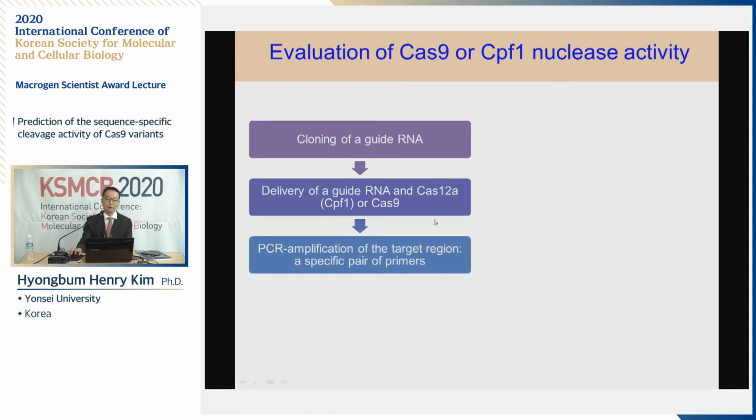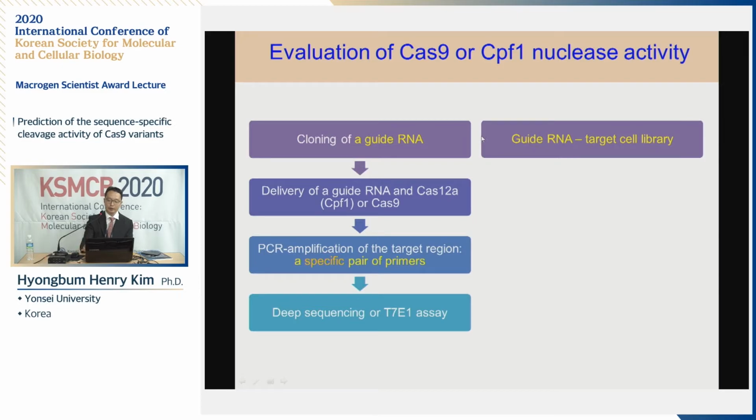Then we wait 3 days after this transient transfection, then we harvest the cells and PCR amplify the target region using a specific pair of primers, and those amplicons are subjected to deep sequencing or T7 assay. This conventional evaluation process takes about 3 days,